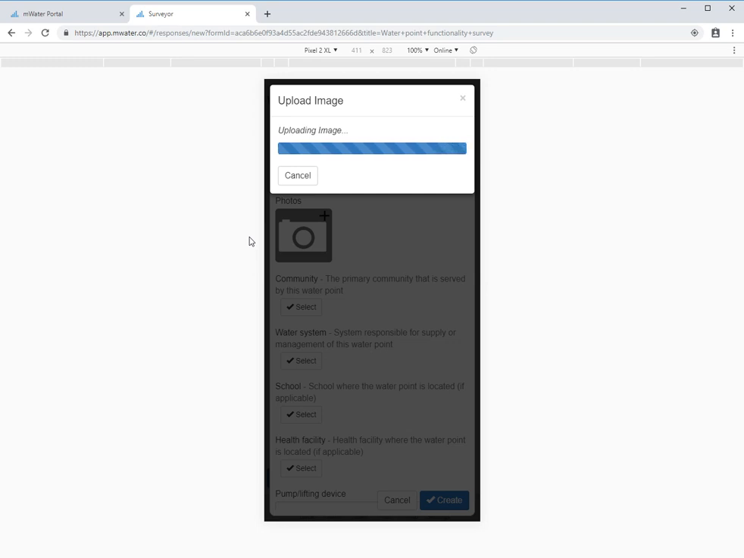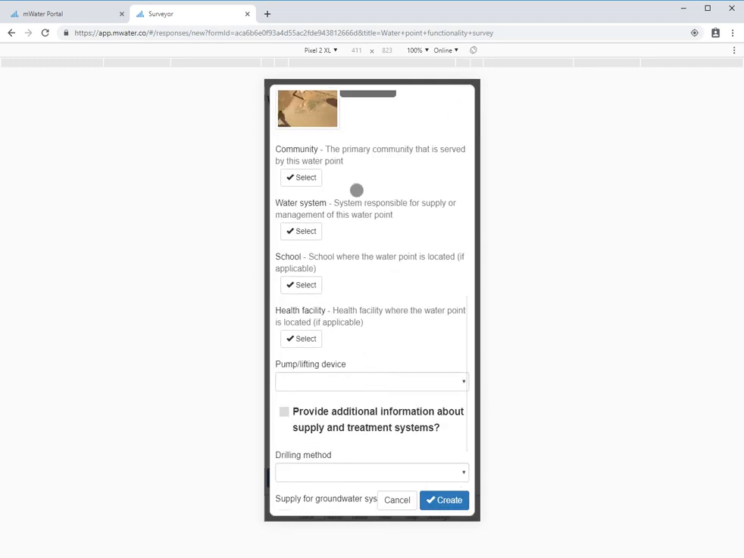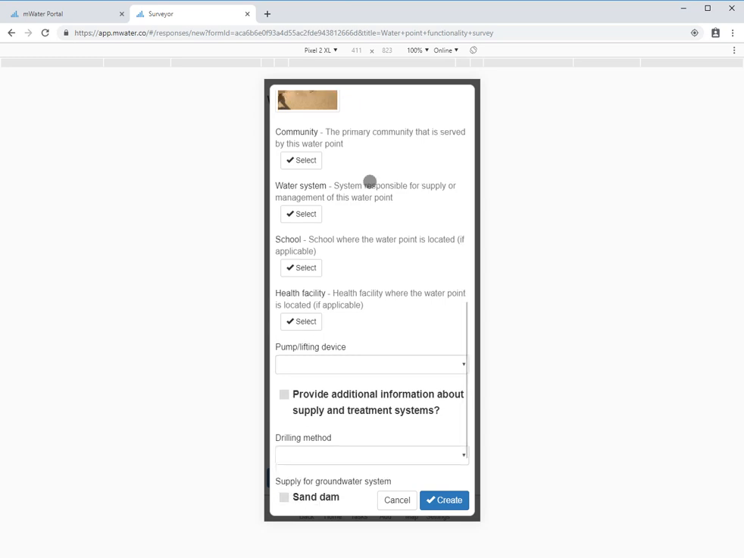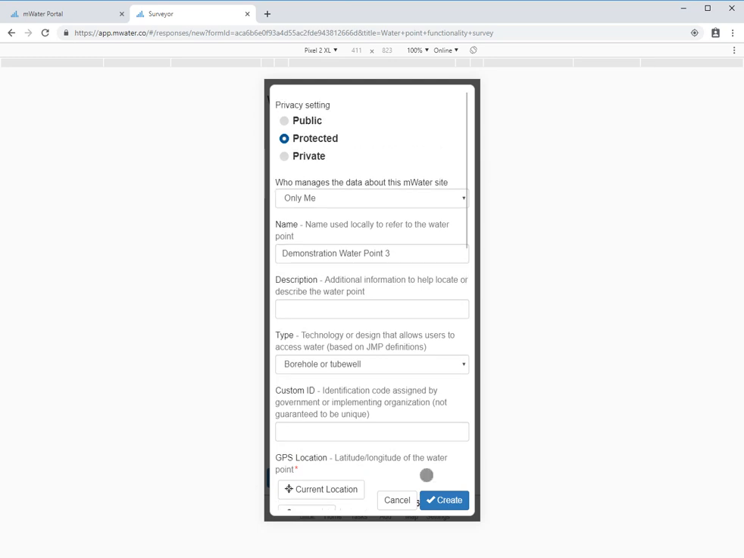And then there are a few other options of fields to fill in that I'm going to ignore. For example, if this water point is servicing a given community, that community can also have a site of its own in mWater. Same for water systems, schools, and health facilities. Pump and lifting device and so on, I could also fill in. But I've created the basic properties,